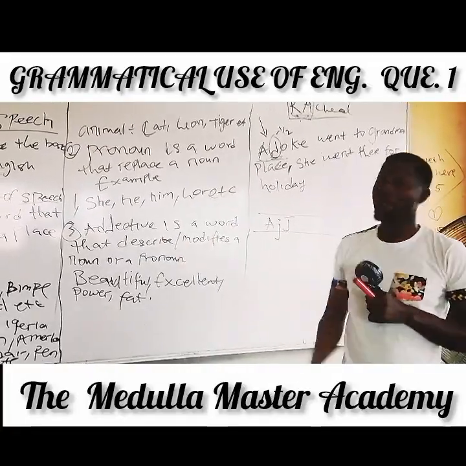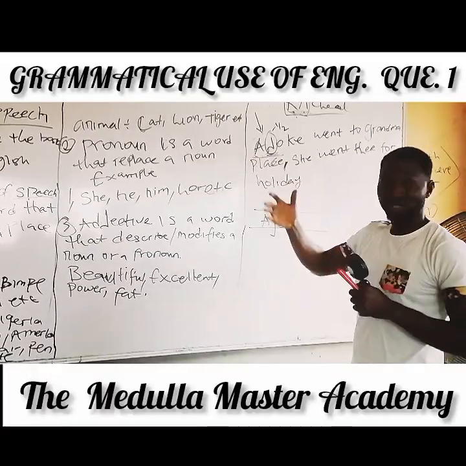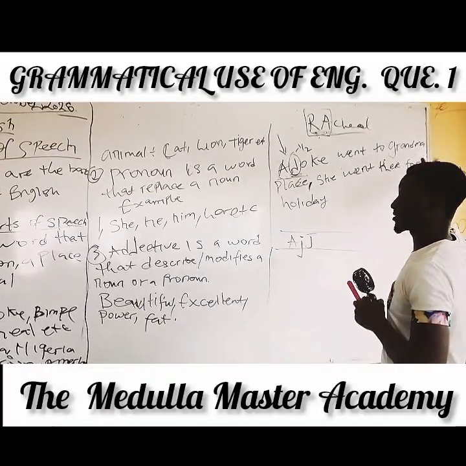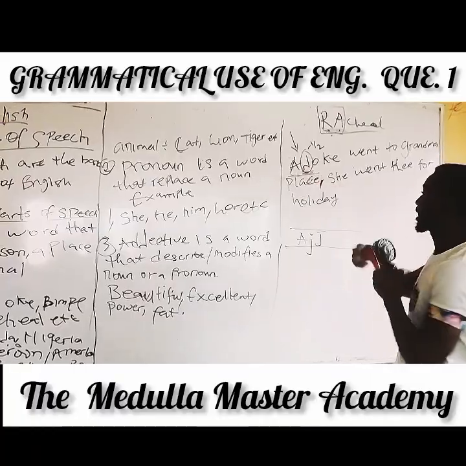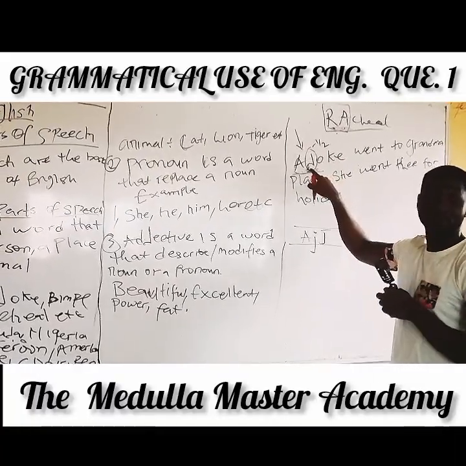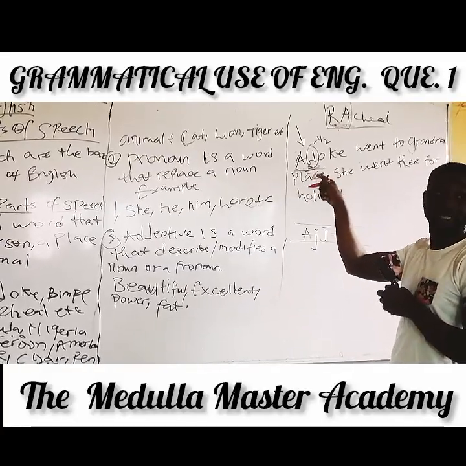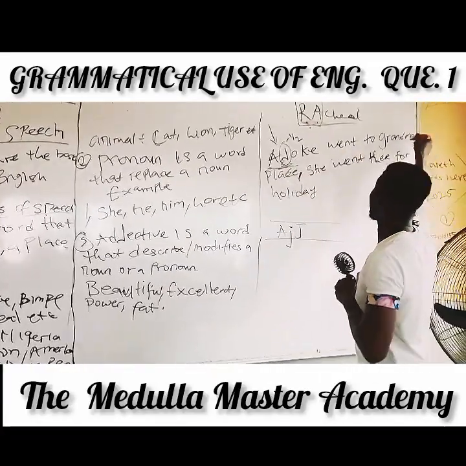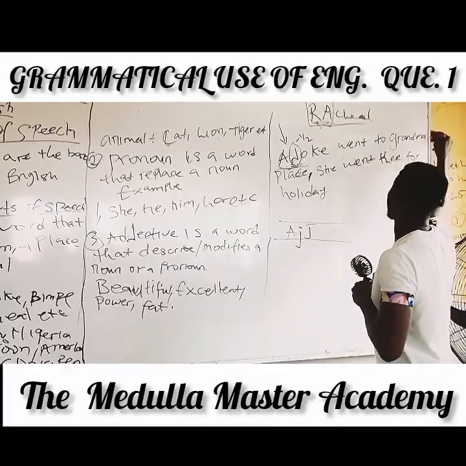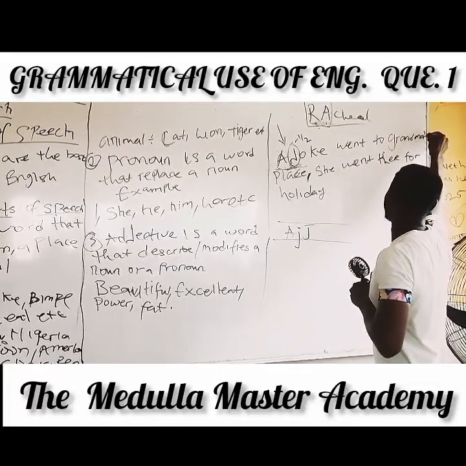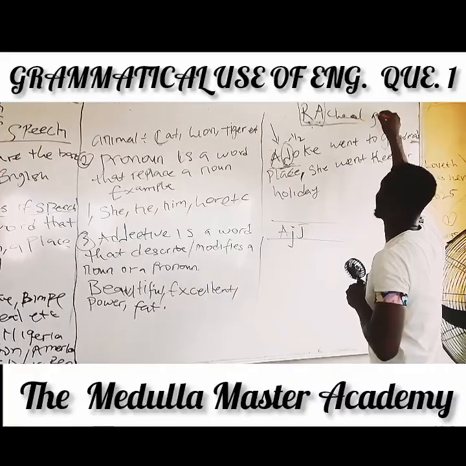Of course. She tried, nice write-up, Adoke, but this first place is already wrong. So that place is supposed to be written with a small letter what? J. Adoke will then, of course, the next one she wrote here. Adoke went to what? Grandma's place. There's an apostrophe S. It's supposed to be